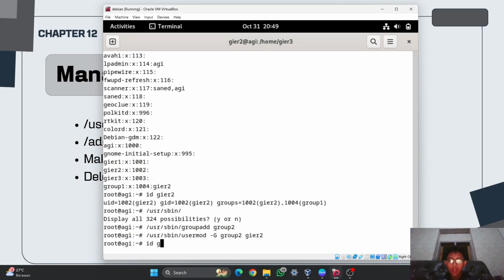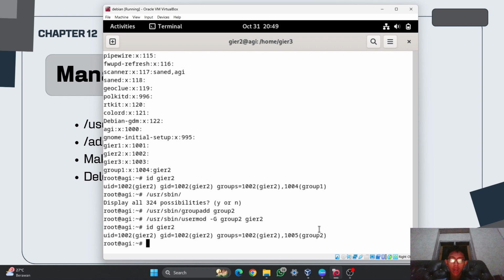And if I check again id GR2, as you can see before, GR2 was in the group of group 1, but when I type it again like this, right now it has been moved into group 2. So if I want GR2 to also be a part of group 1 and also group 2,